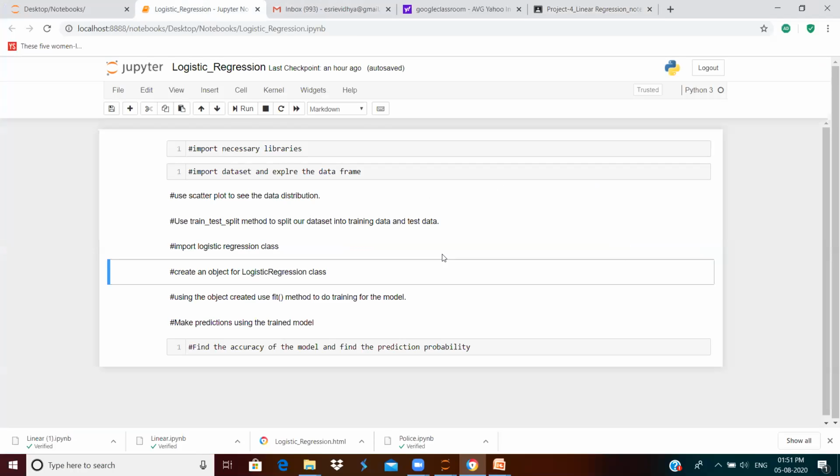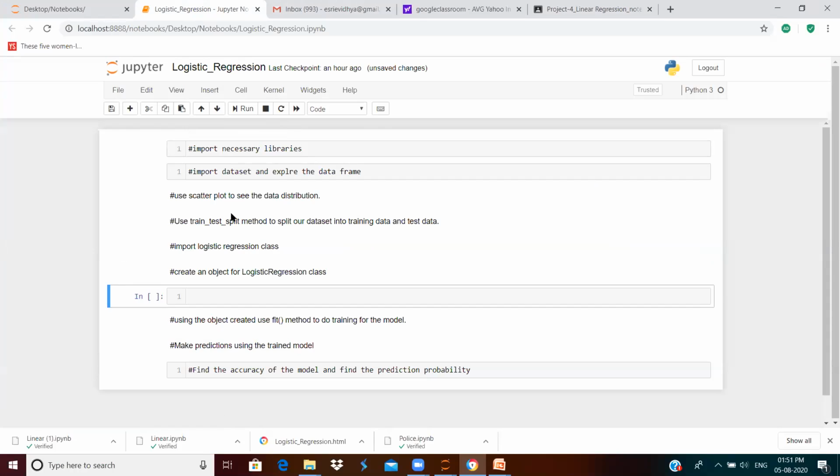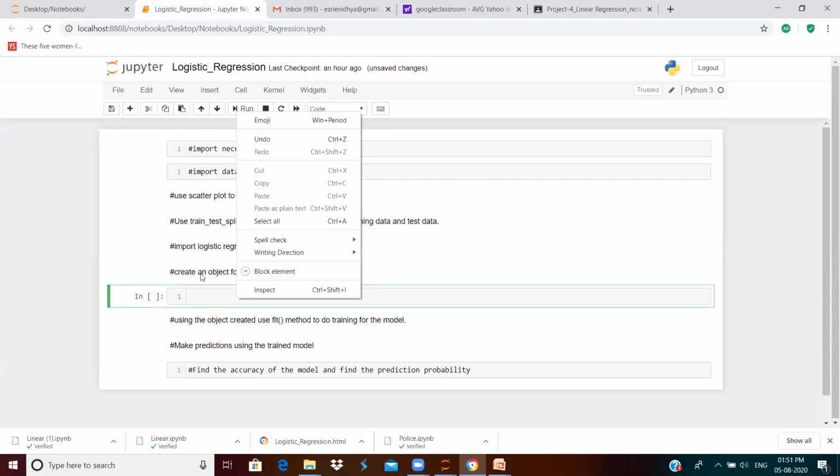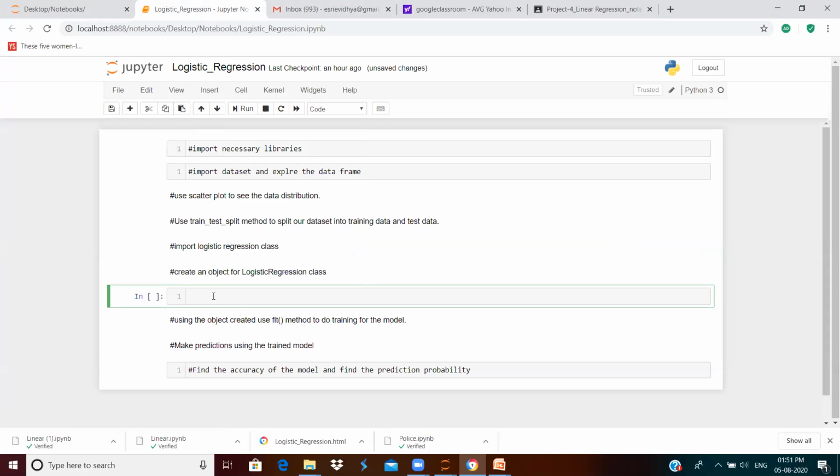Okay. So here we will get into the project. The first thing is we will have to import the necessary files, the necessary libraries. So we need the pandas library.